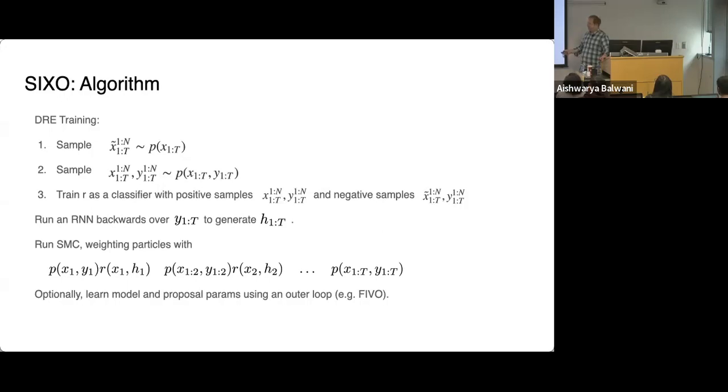And then finally, once we've done that, we can use it inside of SMC. You could do this inside of a learning loop, just like reweighted wake sleep. There are other methods, like what we talk about in the 6.0 paper, for doing this. But really, the key idea here is that we've learned this look ahead approximation that's going to allow us to reweight our particles in a way that's going to be consistent with future data, not just with the data up until time t.